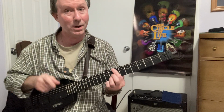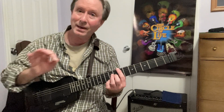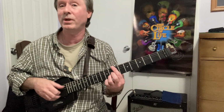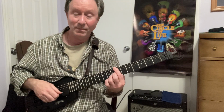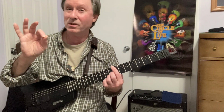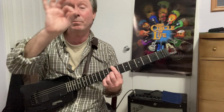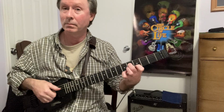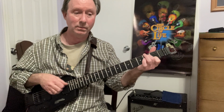Now that's an altered tone. A G is not normally in a B7, but we wanted to keep ascending, so that G, it's the sharp 5. It sounds beautiful. We want to keep going up. We're on a G in our soprano. Our next chord is an E minor. So where's the next closest note? We could play an A on the top of that E minor chord. So we get...